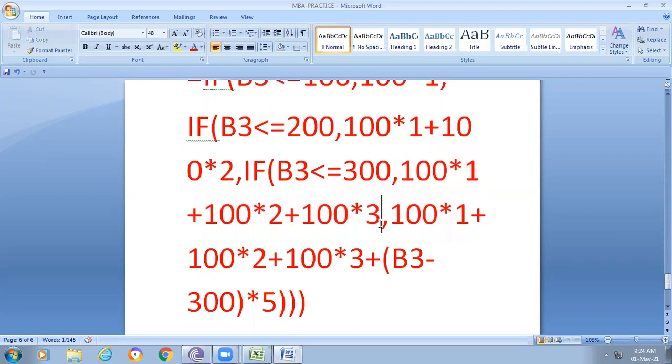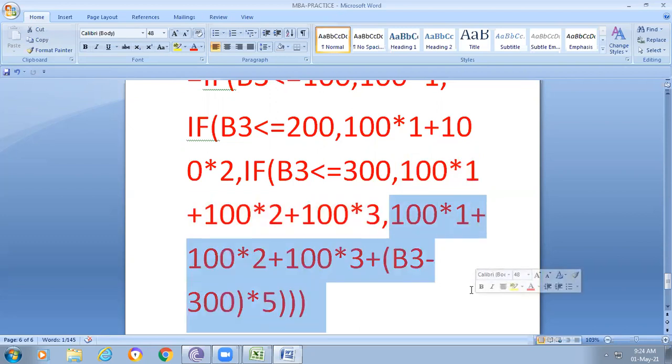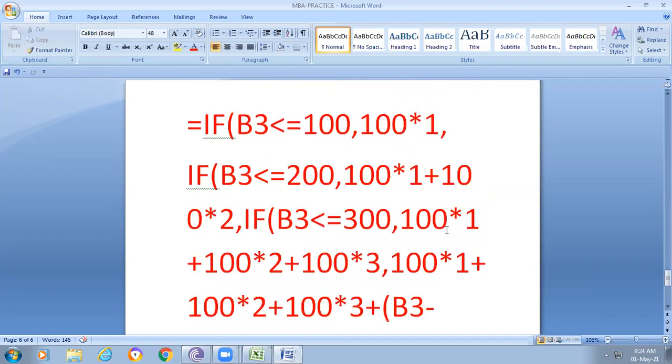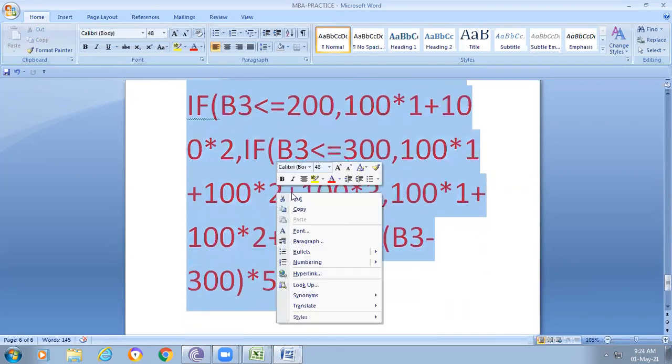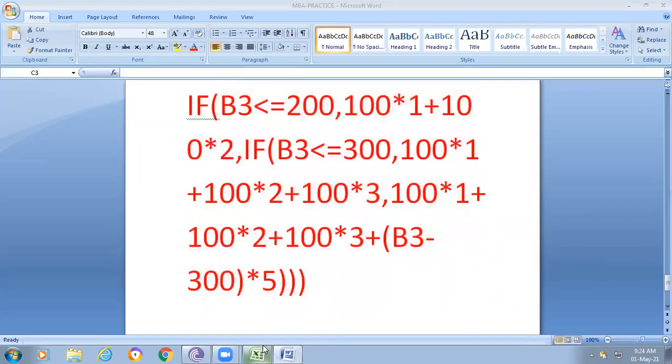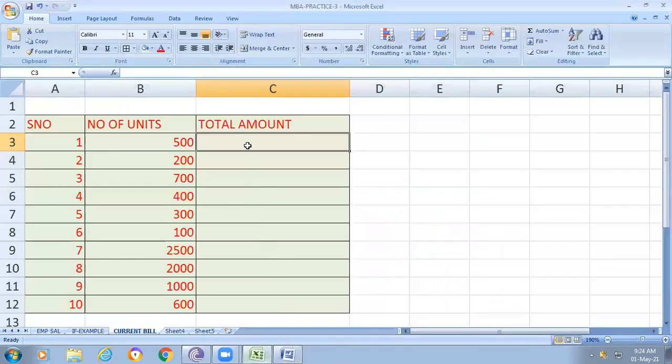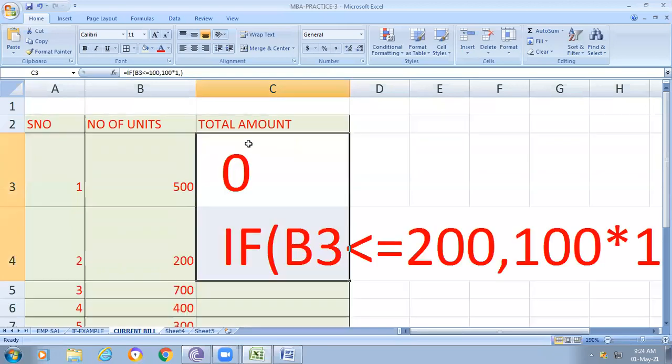If this condition is not matched, then we go for the false condition. I'm just using the formula here, so don't get confused. I will just copy this. Now I use the formula here.